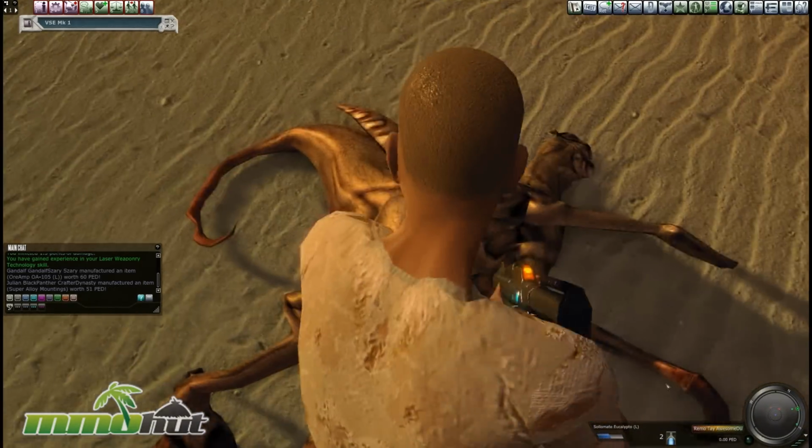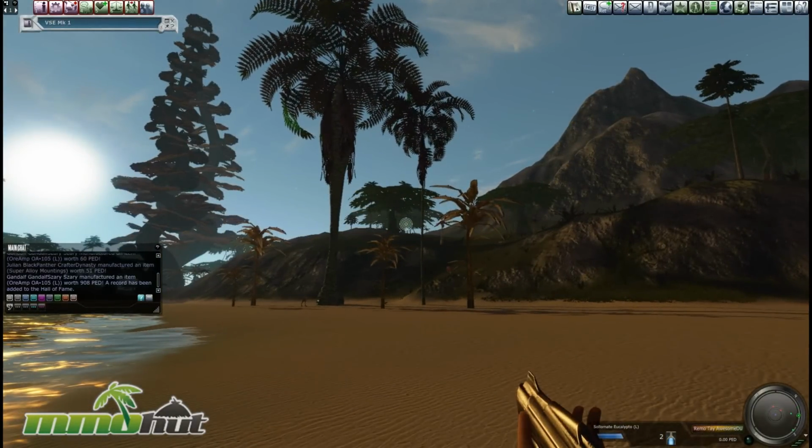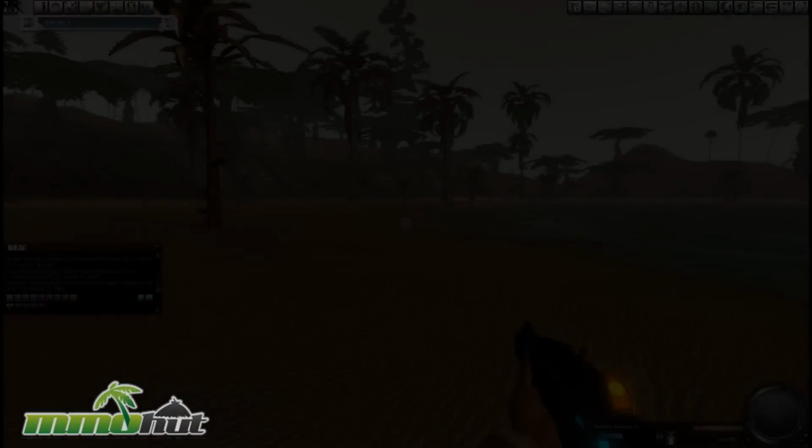I can jump over here. Can we loot this guy? Does he have anything to loot? Looks like he's got nothing. For now, let's...